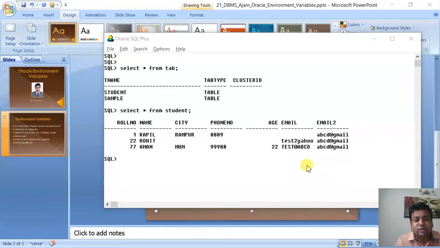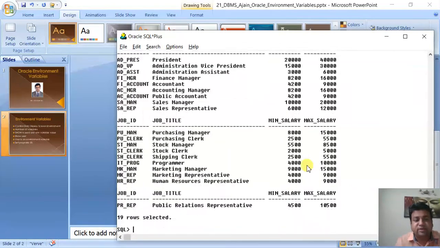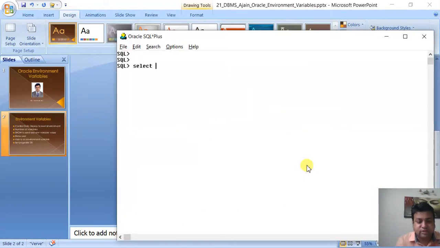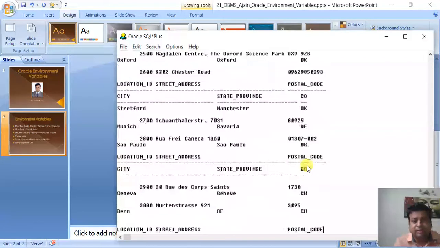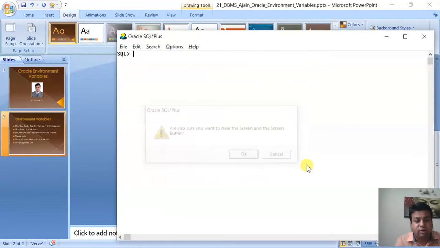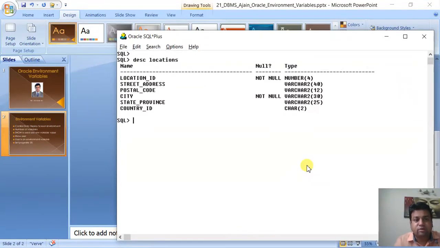Now another was you are not able to see the locations table properly. So let me show you first of all the output. Select star from locations. Now why is it happening? Because the table has too many columns. For example, describe locations. So what you can see, it has 1, 2, 3, 4, 5, 6 columns, and the size of the columns is exceeding 80. So currently the width of the page is 80 and it is exceeding 80, so it is not coming up properly.